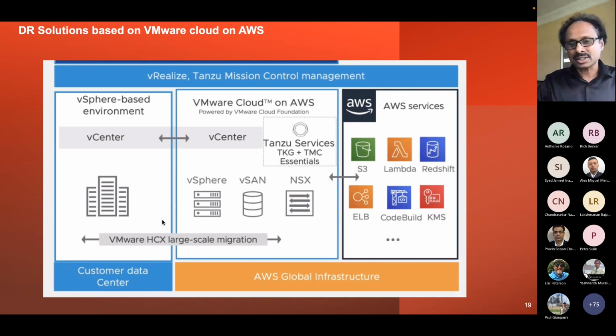The advantage of the stretched cluster is that it provides a high availability feature, because instead of 2 availability zones, they utilize a third availability zone within a region, which can act as a witness. If you create a stretched cluster and one availability zone is down for some reason, then the witness host running in the third availability zone will jump in and make sure the customer gets the full availability features. So you can set it up as a stretched cluster, or you can set it up as a multi-host cluster.